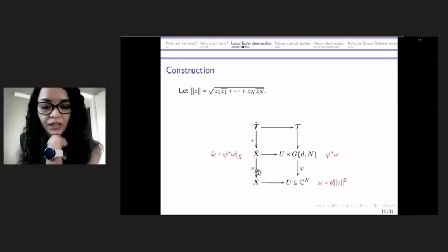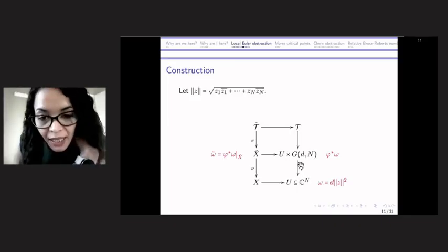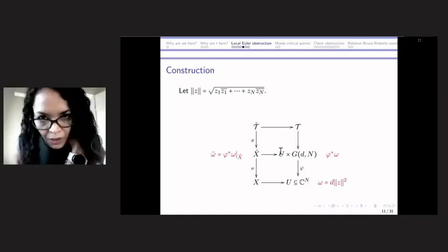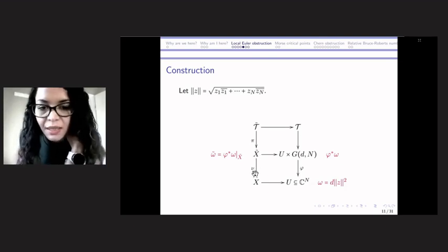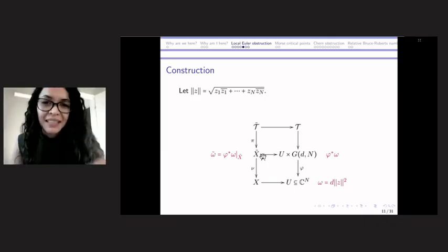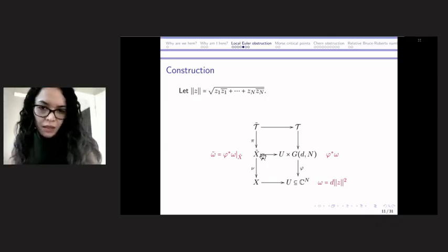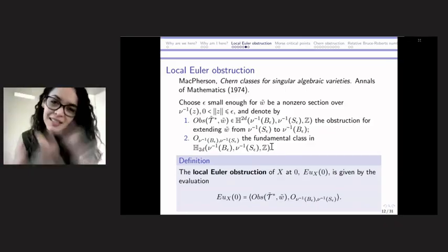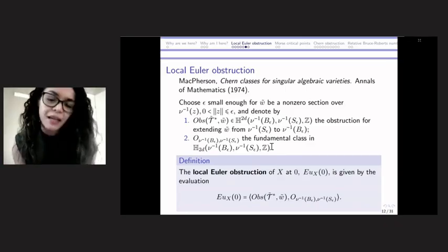So maybe here I was not very clear, but this phi here is the projection to the first coordinate, and I am restricting this projection to the Nash modification. This is included in here, right? We are just restricting to the Nash modification. This is this map that I'm putting here, right? So instead of looking at the sphere over here in the bottom, I'm looking at the inverse image of the sphere over here in the top. This is what I mean, okay? This is why we are taking the inverse image and not the ball itself. That's all. But you can think, at least to follow, if this is not something that's comfortable for you, you can think about the sphere and the ball.